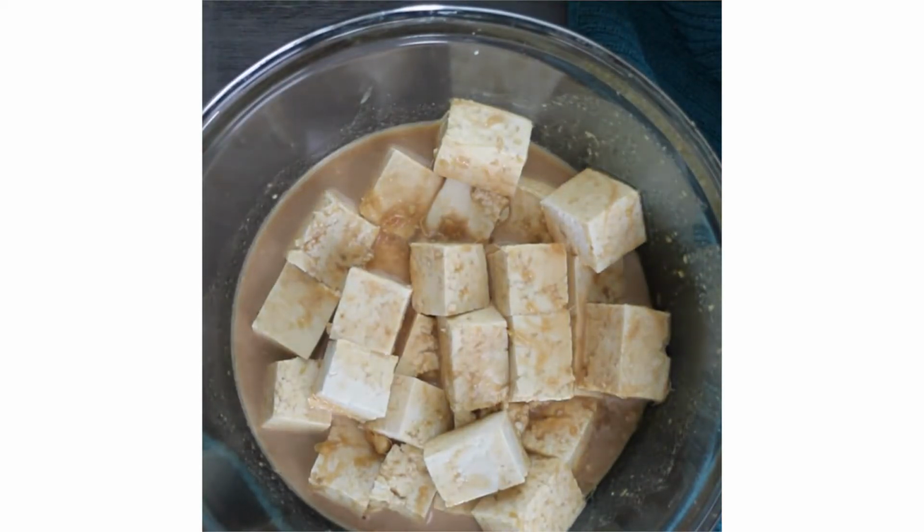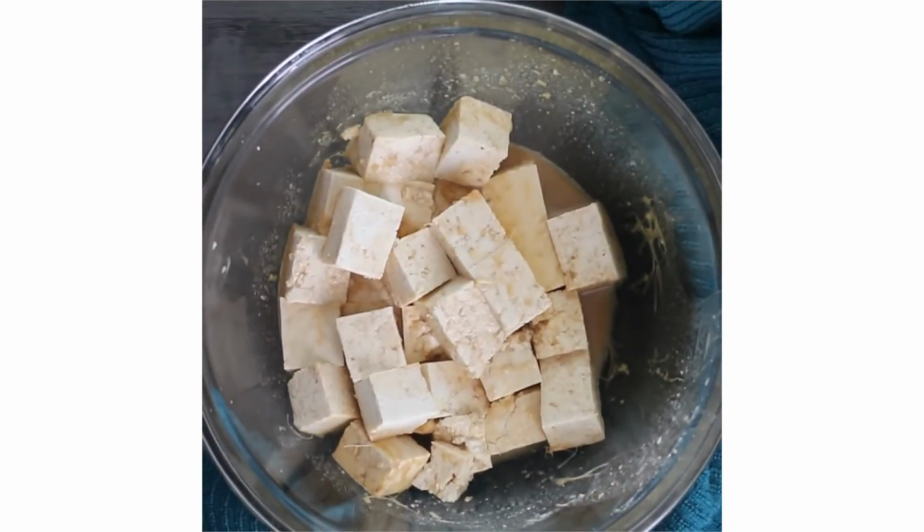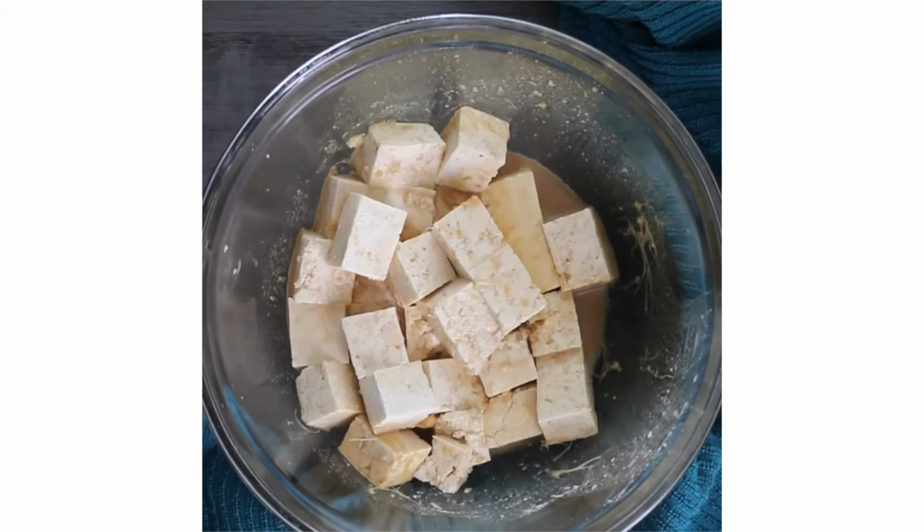When the marinating time is up, just pour off that excess marinade. You don't want it too soupy in the bottom. As you can see, there's still a little marinade at the bottom of my bowl. You just don't want it sitting in like inches of soupy marinade because that's going to interfere with the cornstarch